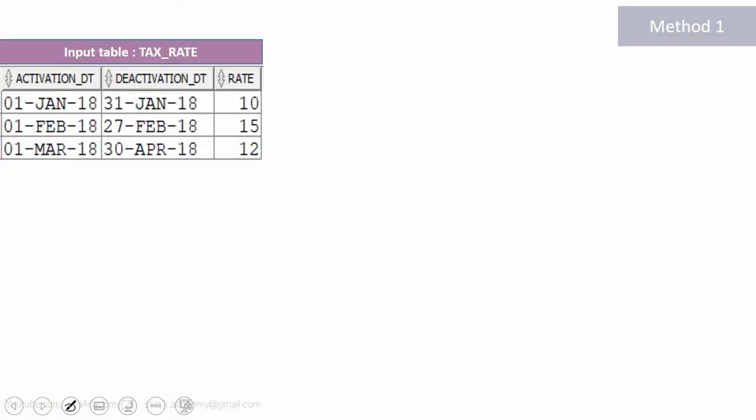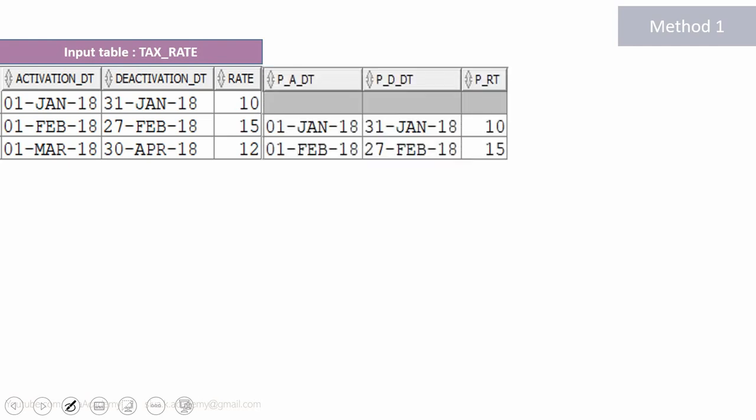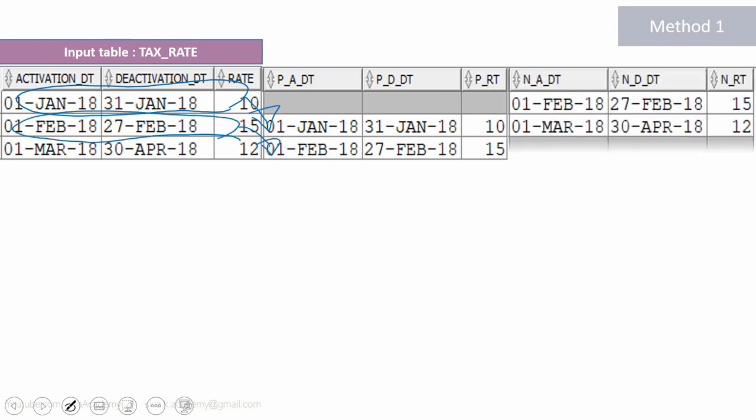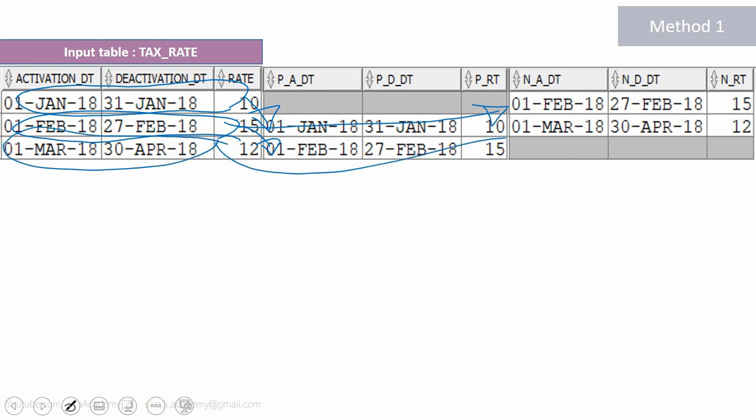So this is the table here. What I'm going to do is use the lag function to get the previous value in the current row. For example, in this case, I'm going to access this information in the next row. Similarly, this information I'm going to get in the next row. Very similar to this, using the lead function, the next row we are going to get in the current row. For example, this section I'm going to get as part of the first row. The third row I'm going to get as part of the second row.